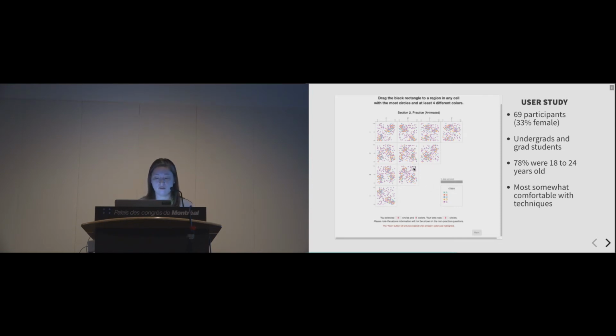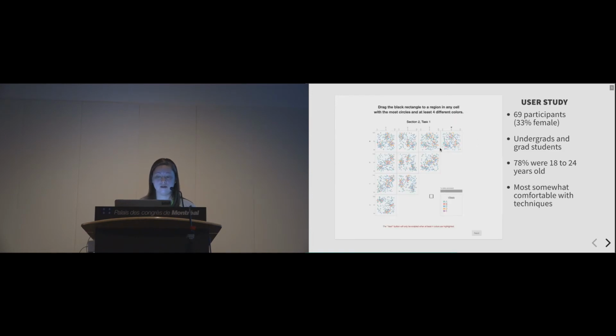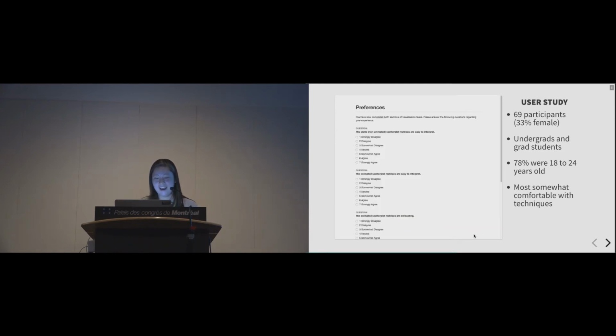So here, if I have only 1 color selected, I still can't select next. If I select more than that, then I can click next. So they could practice this task as well. And then, again, 6 trials, randomized order for data set and the order that they saw static versus animated. And then at the end of this, after they did all of those trials, we asked them